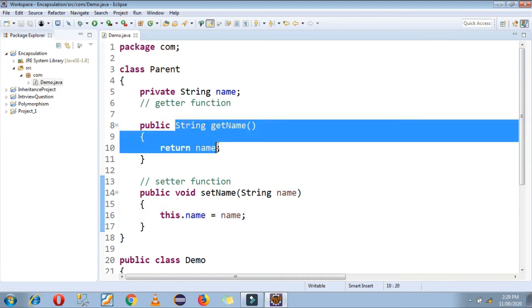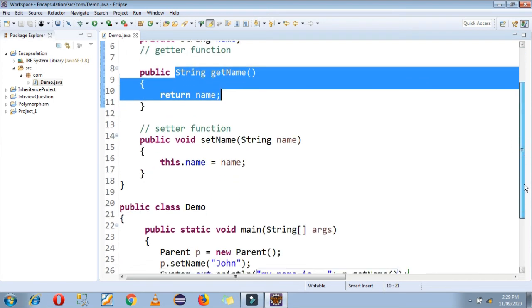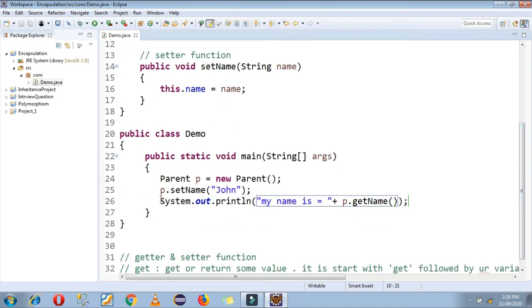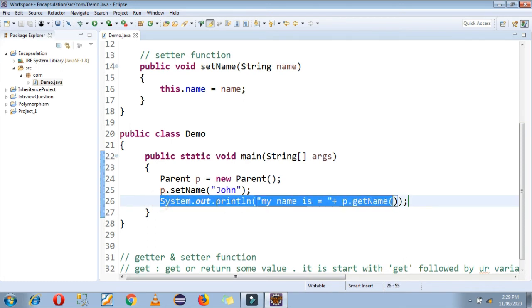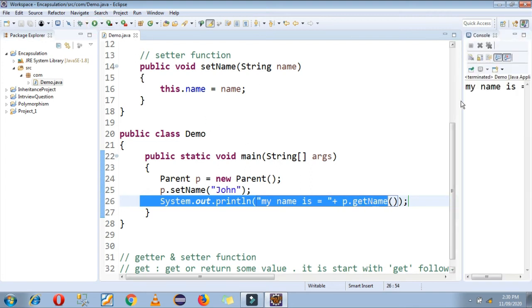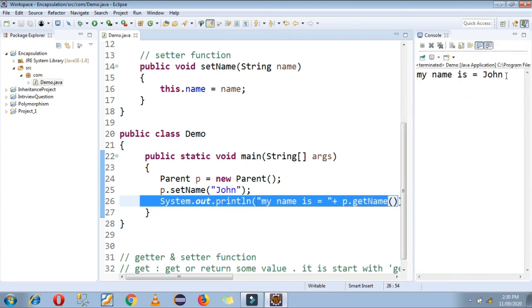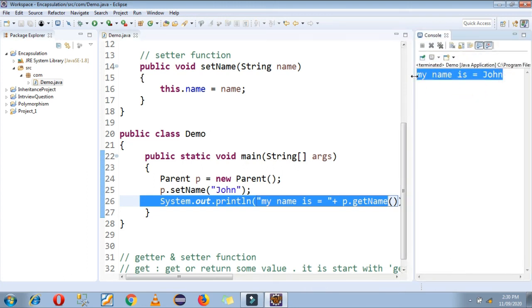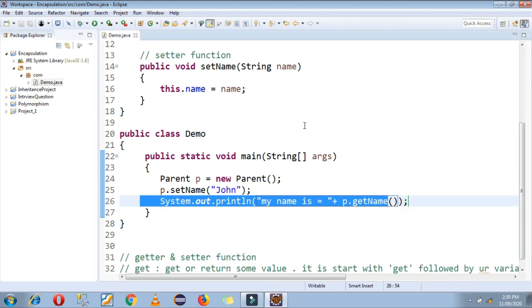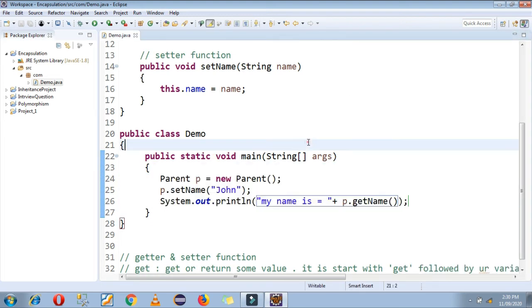Then you are getting that value and returning that John value to the main function, and then in the sysout you are calling your getter function. That means you are calling the John value here. Finally JVM will print my name is John. You can check my console now. My name is John. Here is my correct output without any error.